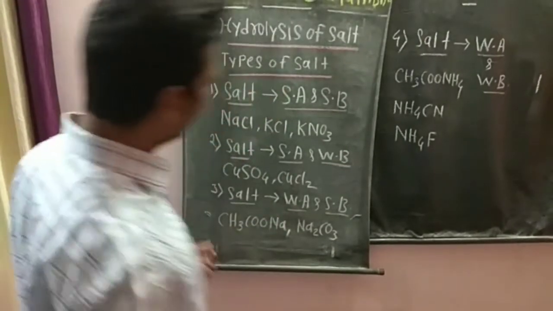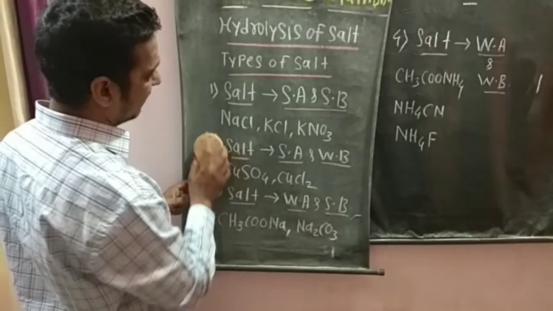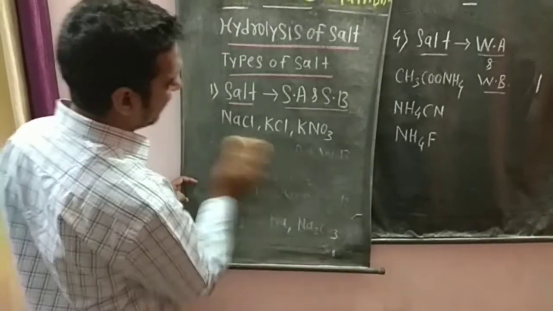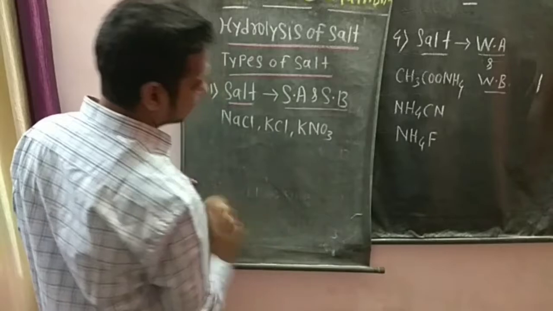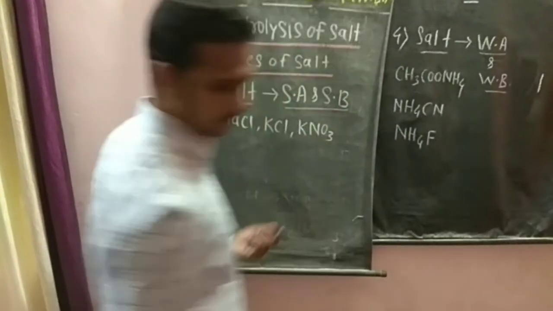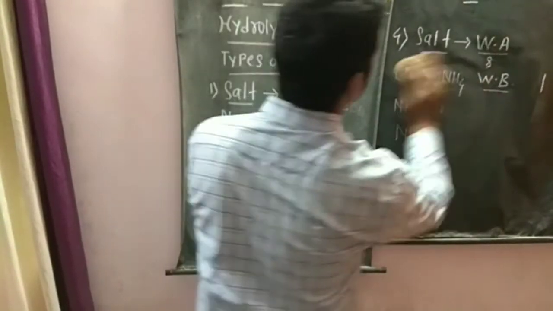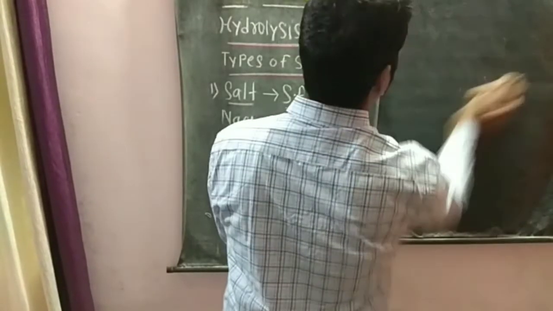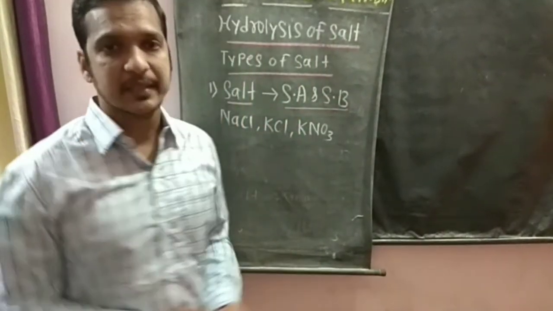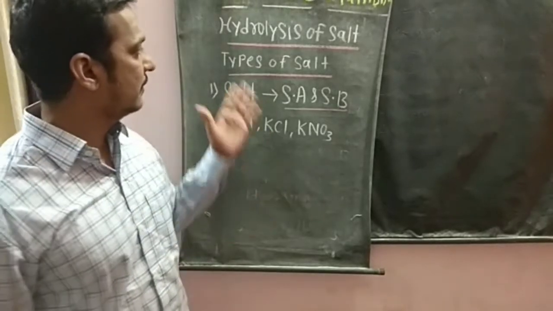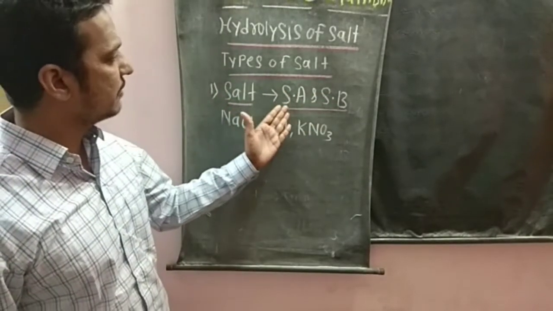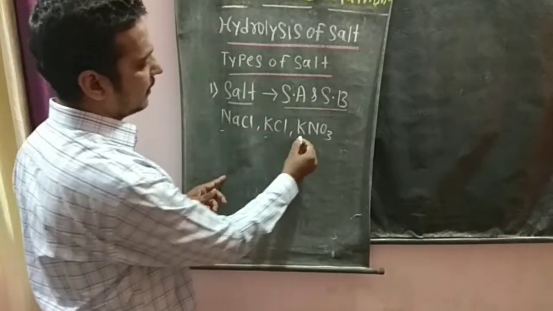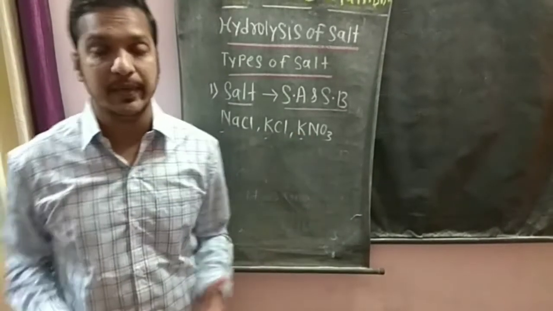Let us find out the explanation of this first type of salt. Number 1, salt obtained from strong acid and strong base, such as sodium chloride, potassium chloride, KNO3, or sodium sulfate,